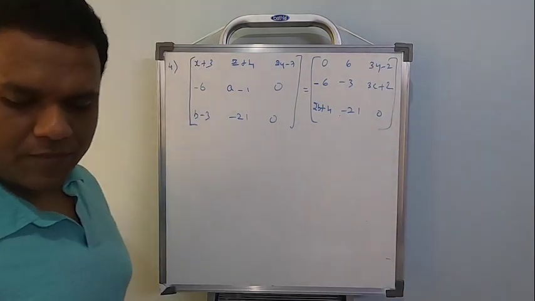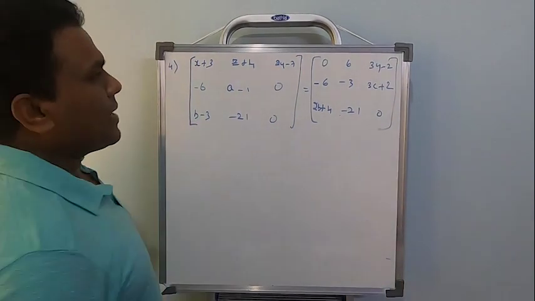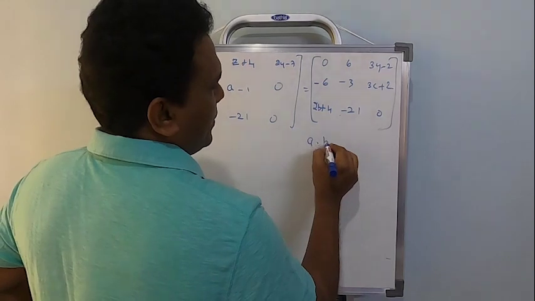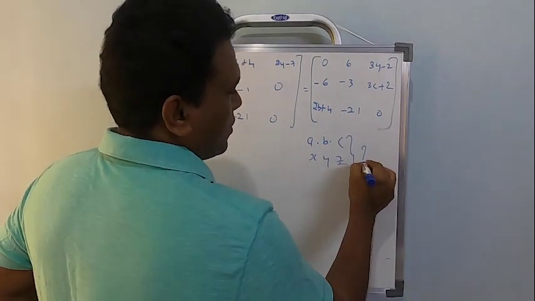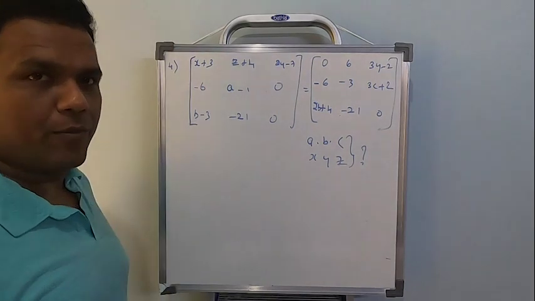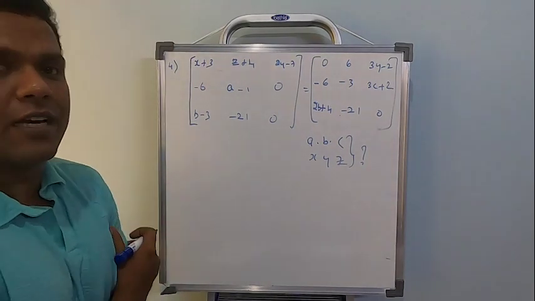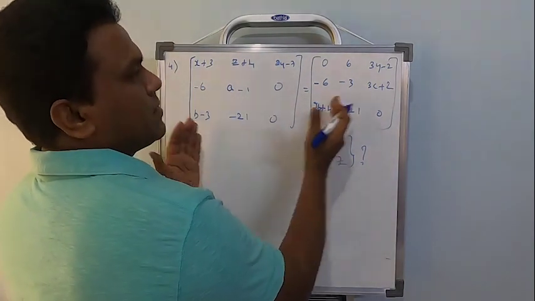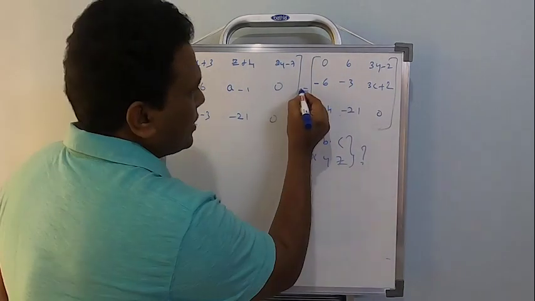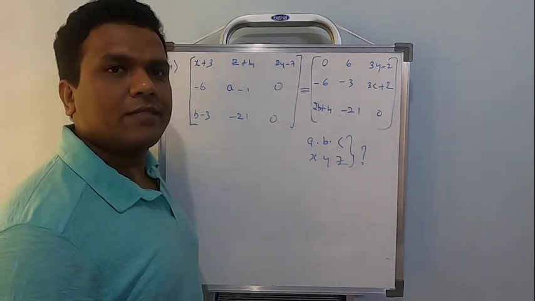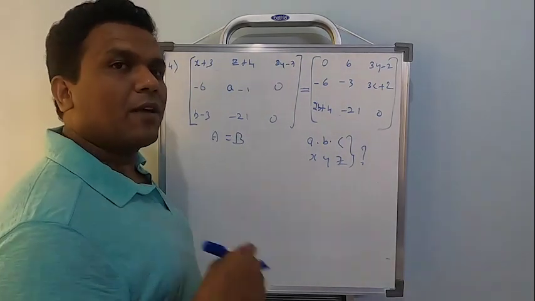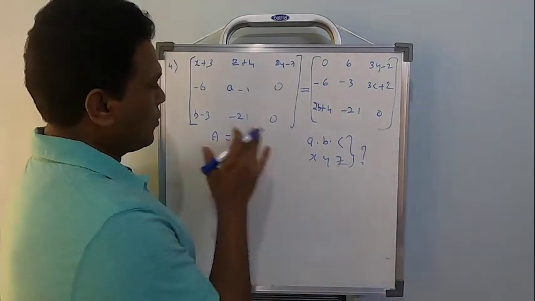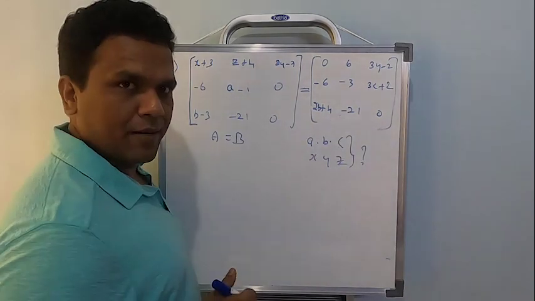Two matrices are given something like this. Then they are asking to find out a, b, c, x, y, z. What are the values of these 6 alphabets going to be? What you notice first actually, the left side is a matrix, the right side is a matrix, and between them the equal sign is there. That means two matrices are given to be equal. They are already equal. Okay, first condition is satisfied, orders are same, right?